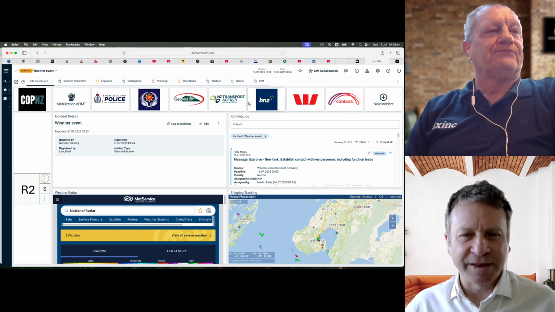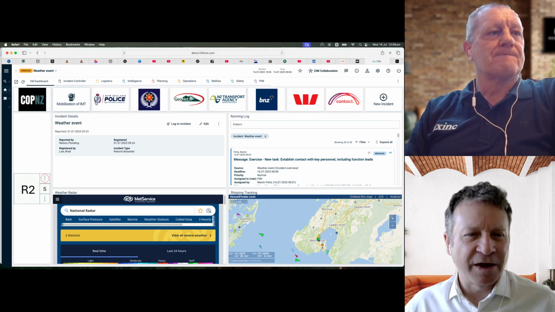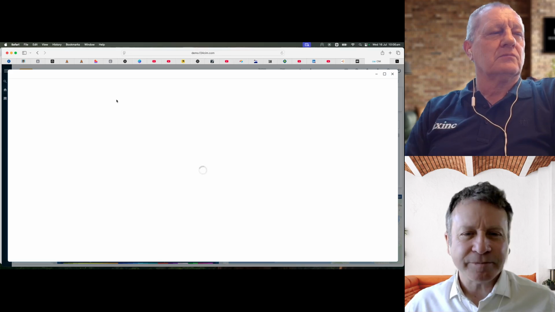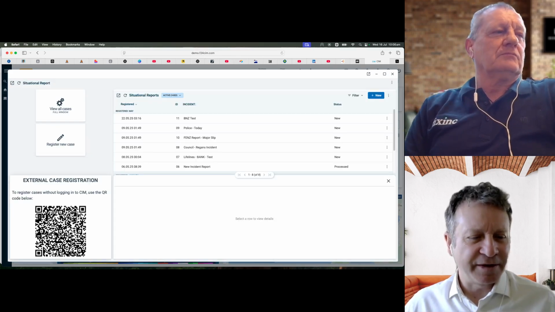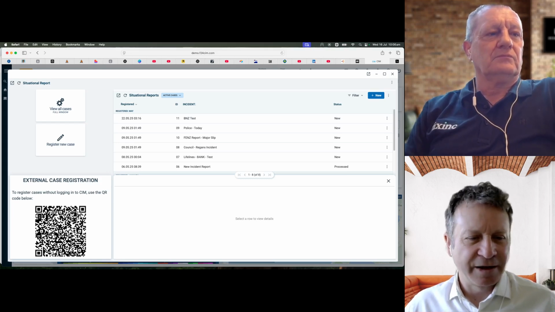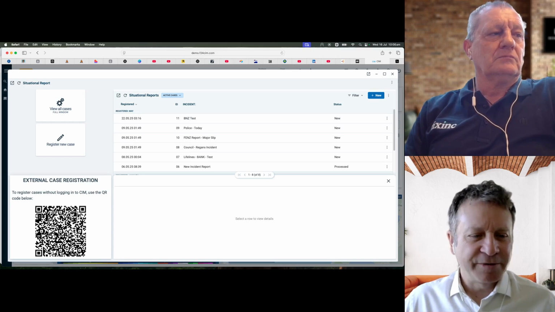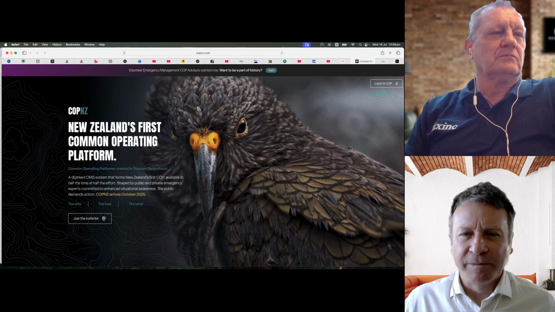So they're already using a version of this software at Hastings District Council. We've started to develop this way of getting situation reports directly from agencies and lifelines. If I click on police, for example, we can give the police this QR code, which is really a link to a website landing page effectively. If we go back to the COP landing page